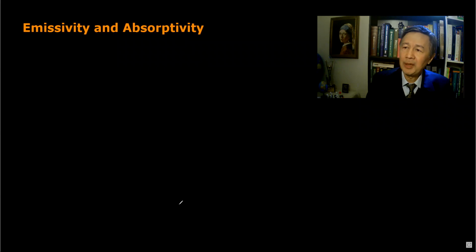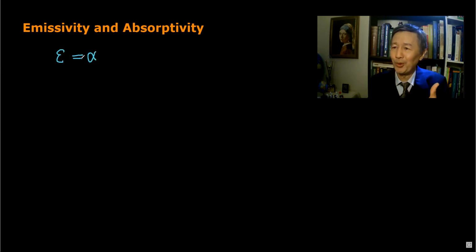So emissivity and absorptivity are two basic parameters frequently used in the study of thermal radiation. In many cases, in the textbook, in the published paper, you will see people simply say, according to Kirchhoff's law, the emissivity epsilon is equal to absorptivity. We can call it A, or sometimes alpha, it doesn't matter. So that is what they call Kirchhoff's law. But I mentioned before that Kirchhoff's law didn't say so.